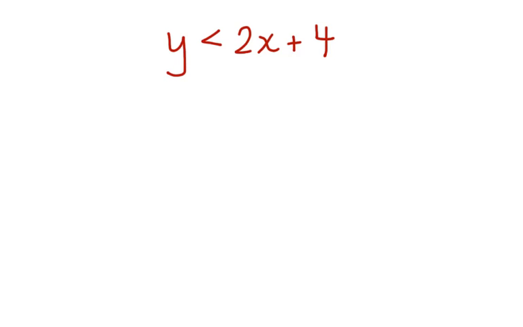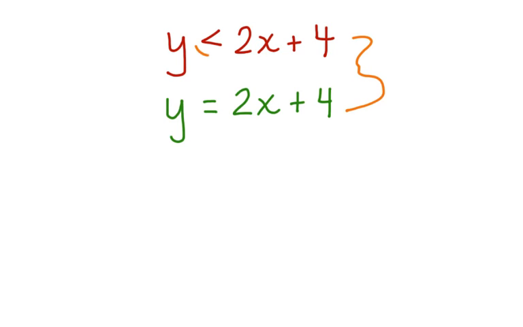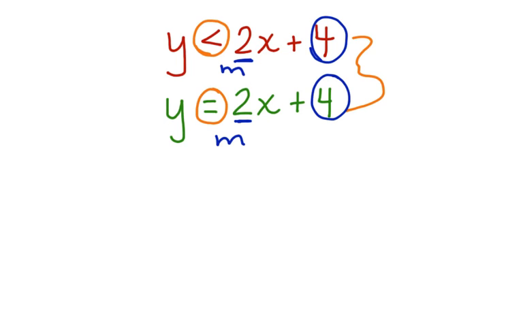Now you may think this already looks like a linear equation. If it was a linear equation, it would say y equals 2x plus 4. And if you're thinking that these two look a lot alike, you're correct. The big difference is the inequality symbol versus an equal symbol. The rest of the equation is still the same, where 2 is the slope, m, and 4 is the